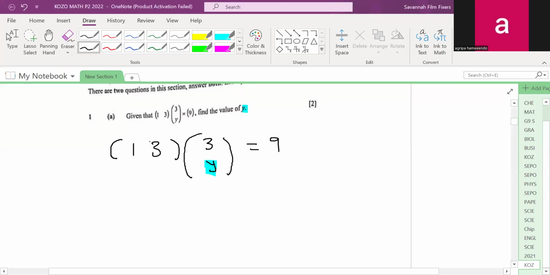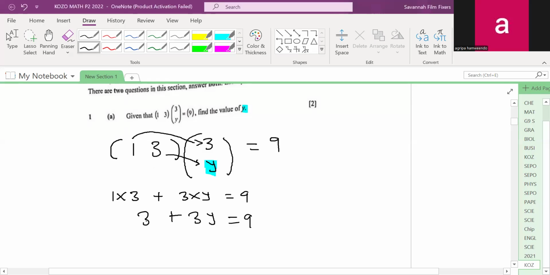So when we are solving matrices, we multiply row by column. So this entire row is going to multiply this entire column. So we'll do 1 times 3 plus 3 times y. It should give us a value of 9, right? So let's do that. So we're going to say 1 times 3 plus 3 times y should give us 9. We're going to have 3 plus 3y is equal